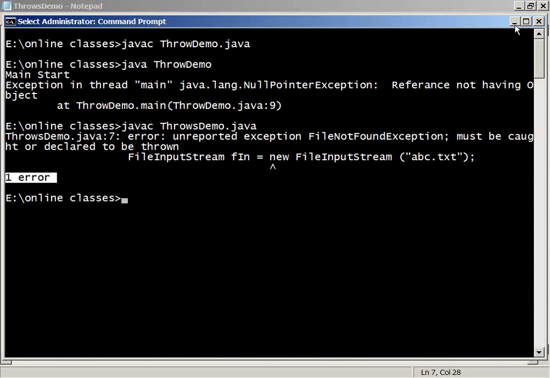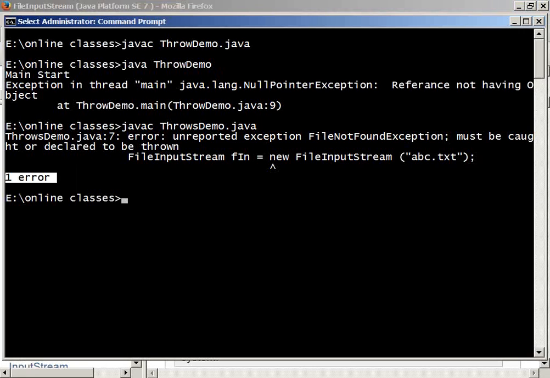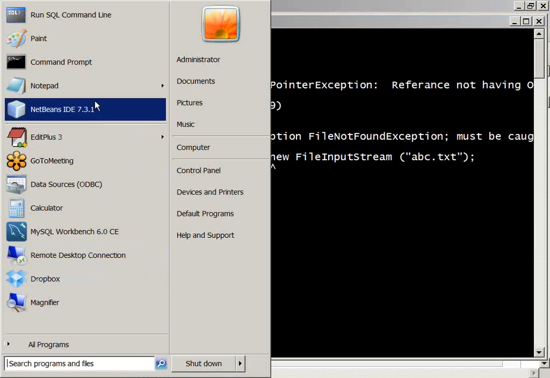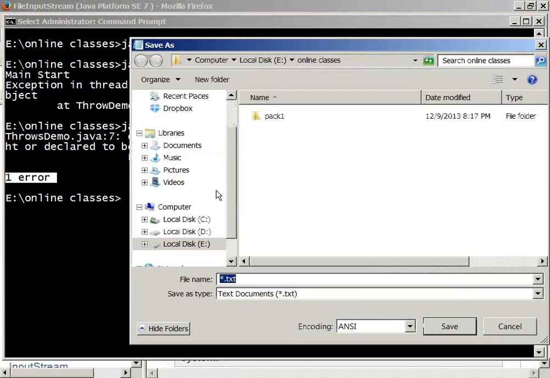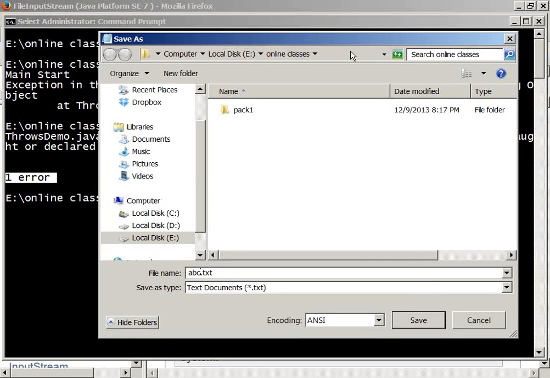Right? So let us try to understand. Somebody is saying a very good answer actually. He's saying that abc.txt is not there, right? Let us create it. Save abc.txt. I'm saving it in the online class folder only.